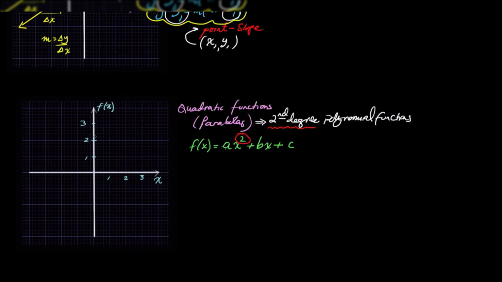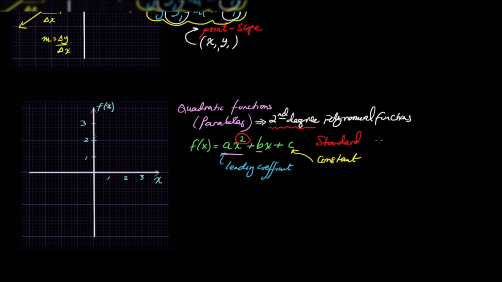And if you remember some of the terms, a is called the leading coefficient, and the c over here is called the constant term, and b here is just the coefficient of the second term. So that's the leading term with the leading coefficient, which is going to be very important to us in this particular chapter, and c is the constant term. This is the standard form